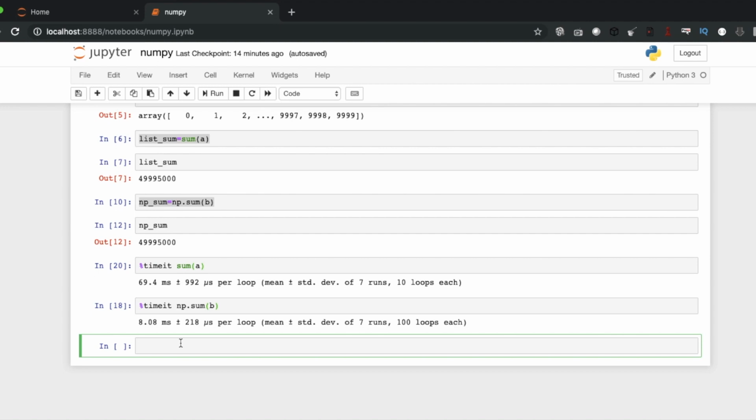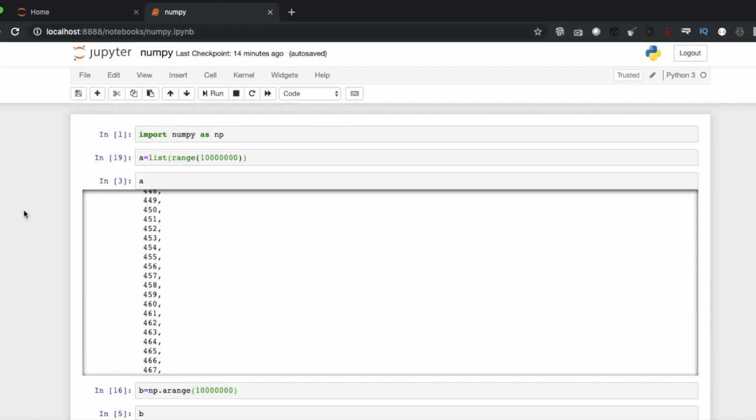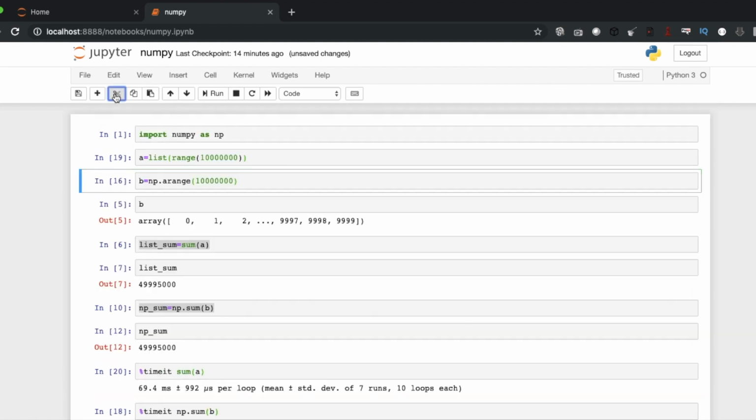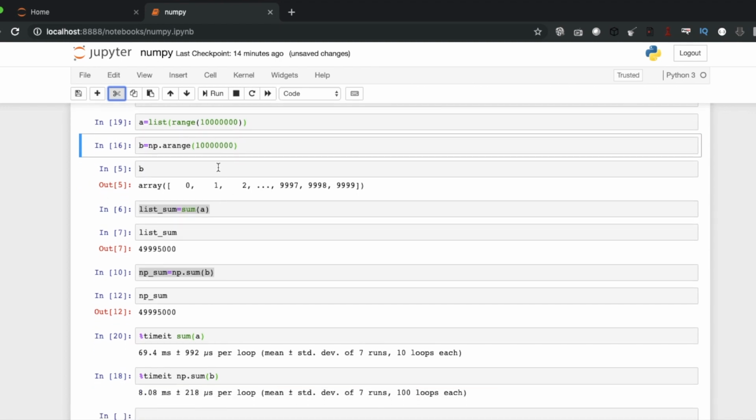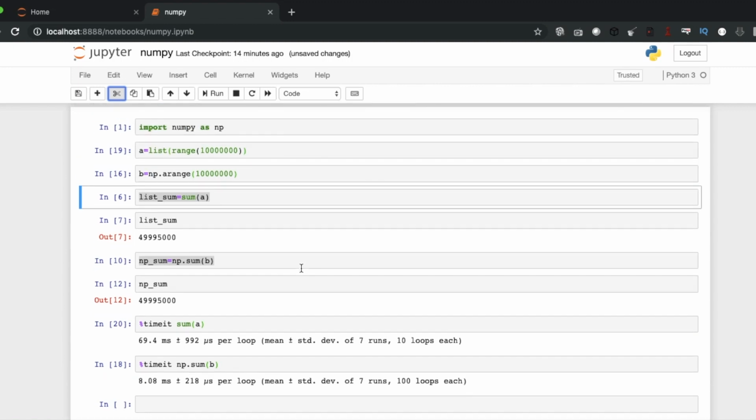So let me make it open for some time and I will explain. If you want to have this code, let me delete these lines, then it will be easier for you to see the code. If someone is copying the code, it will be easier.